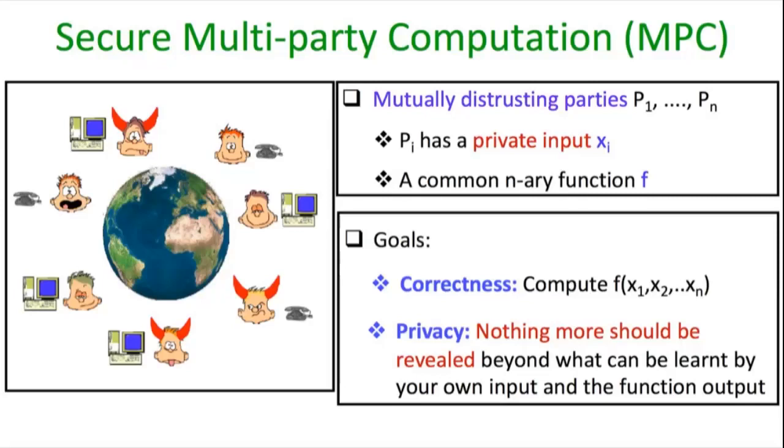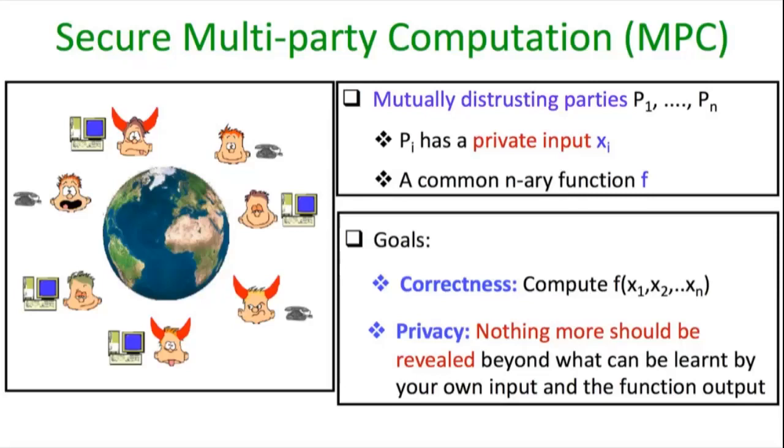Okay, and so on. So each participant has some private input xi. That xi could be a bit, it could be a file, it could be a database, and so on. It depends upon your underlying application. And there is some common function f, right? And that function f is an n-ary function, namely it takes the inputs of all the participants. Now the goal here is to design a protocol according to which these participants should talk to each other, should communicate messages with each other, so that at the end of the protocol, the participants learn the value of the function on the inputs of the n participants.